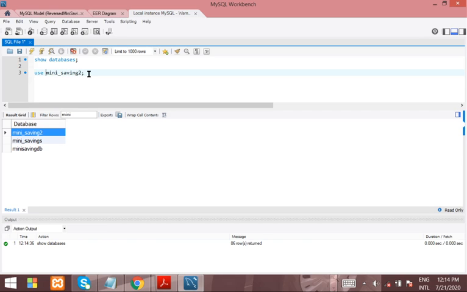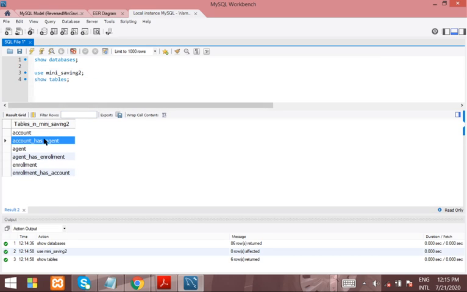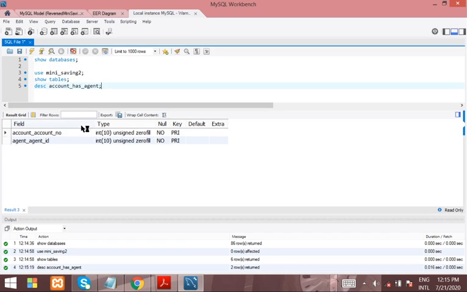Let's make it active, and then we show tables. So let's see one of these relationship tables. This table. Let us describe it. If you say desc, it means describe. MySQL Workbench accepts this command, but the client does not. So here, account number, you see it hasn't changed.